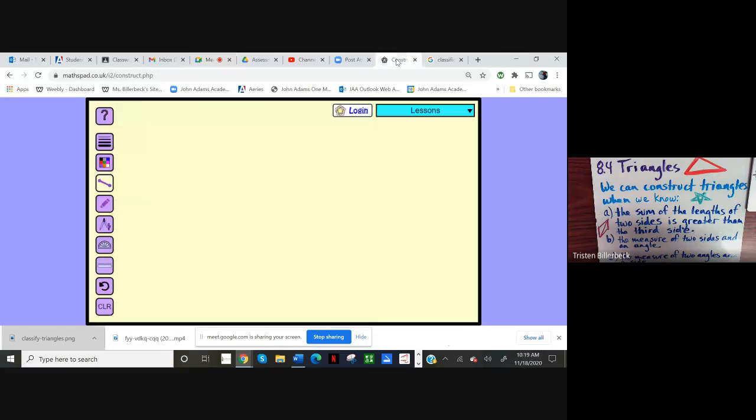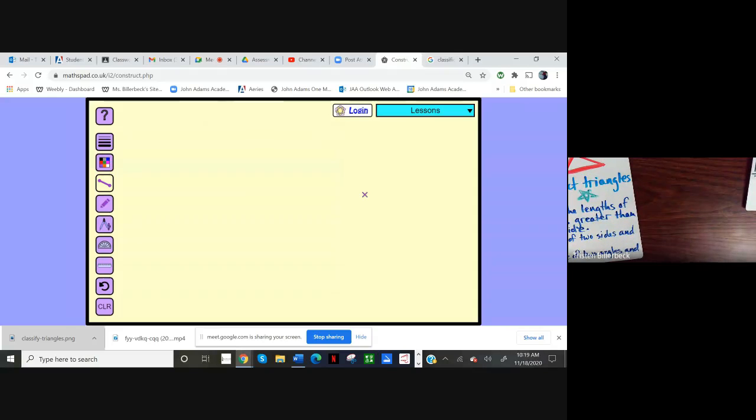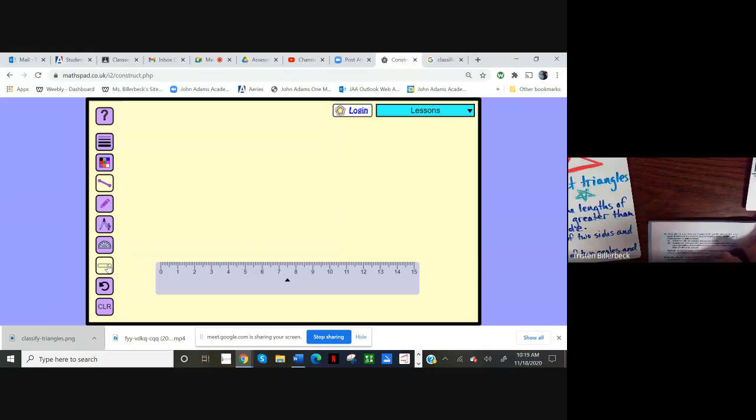All right, let's look at some construction of triangles now. So in your examples, what if we have actual lengths? So let's draw some. Okay, so when you're using MathPad, you can adjust the line width here and adjust the colors here. So I've already got my color all chosen, so let's